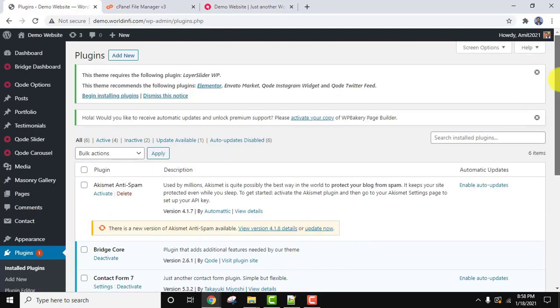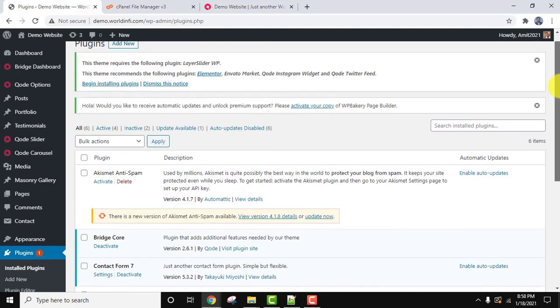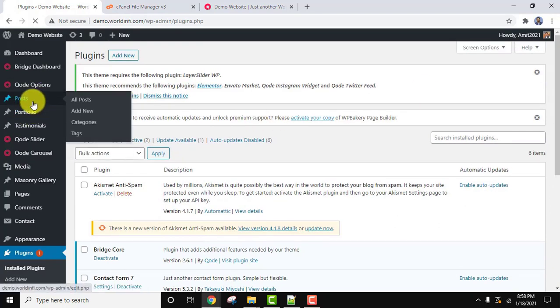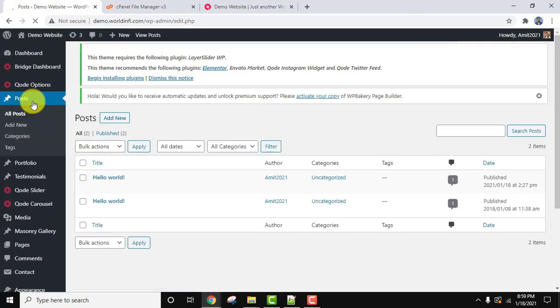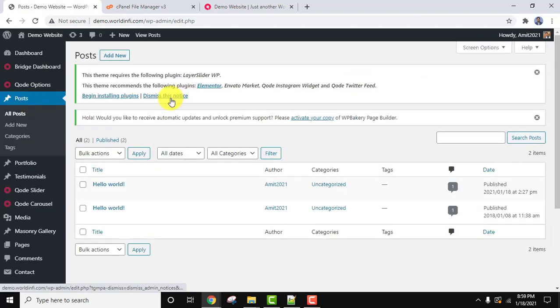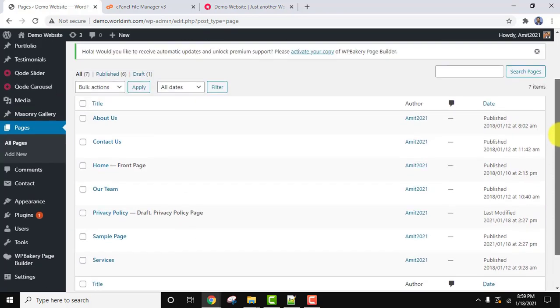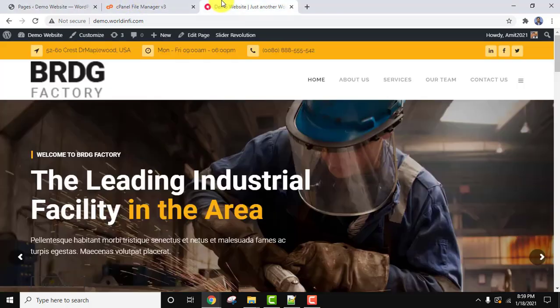Now you can see guys, it automatically added some plugins. With that, I'll go to posts, and here you can see it automatically added posts. Go to pages. Here it is. It has added all these pages, and the following you saw these pages. So all these pages are here.